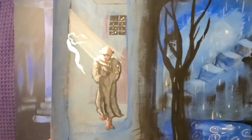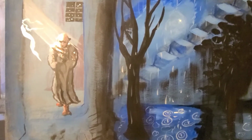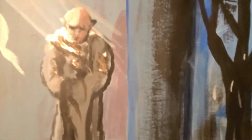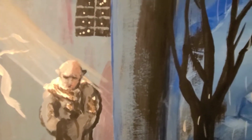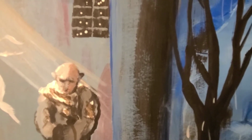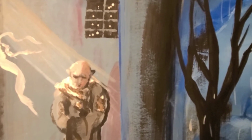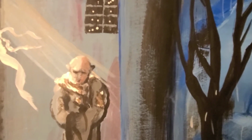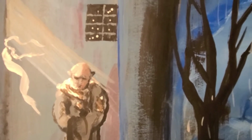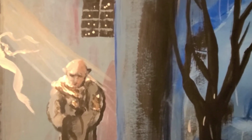This is actually the first time I've ever painted him, back in 2011. That's the first time he was ever depicted. That's how I had this. I don't think it was a dream. It was more of a deep imagination when I think I was either laying in bed or I was in deep thought, because sometimes my ideas come to me that way. I'm closing my eyes, I'm laying in bed or someplace where it's hopefully peaceful and quiet, and I had this